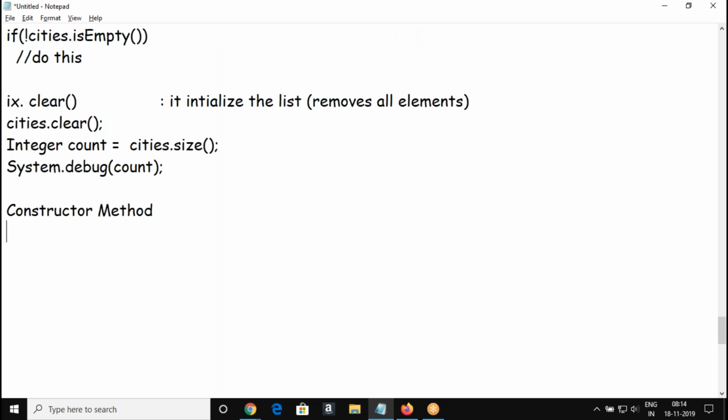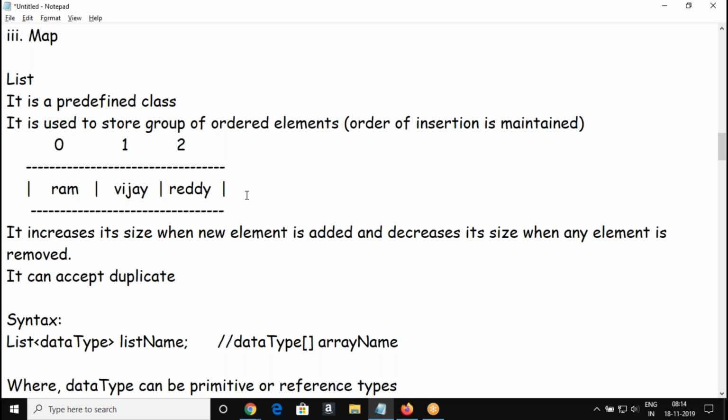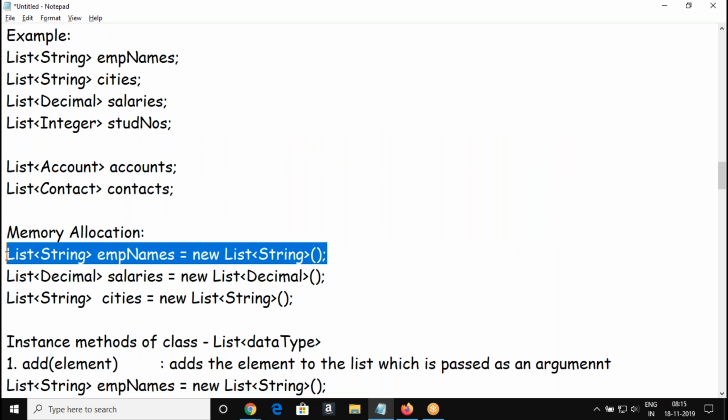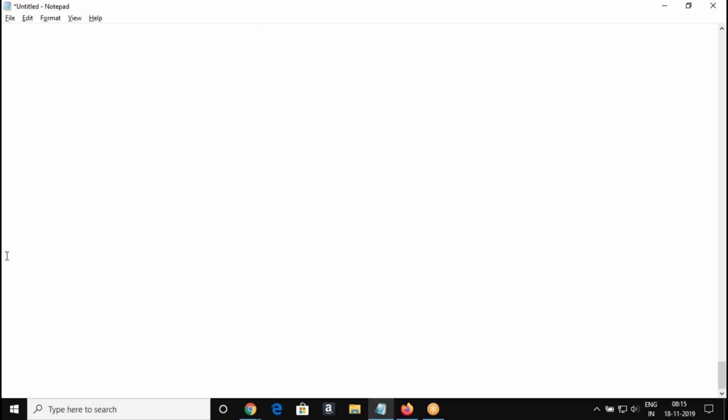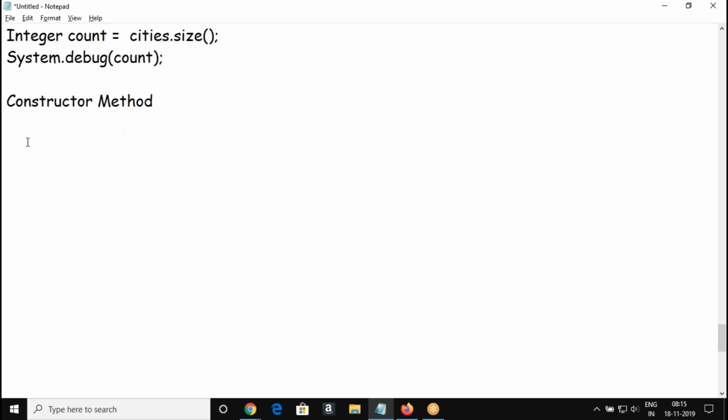What was the constructor method we have seen so far? The constructor method that we have seen is to allocate memory. So these are the constructor methods, right? People got this?